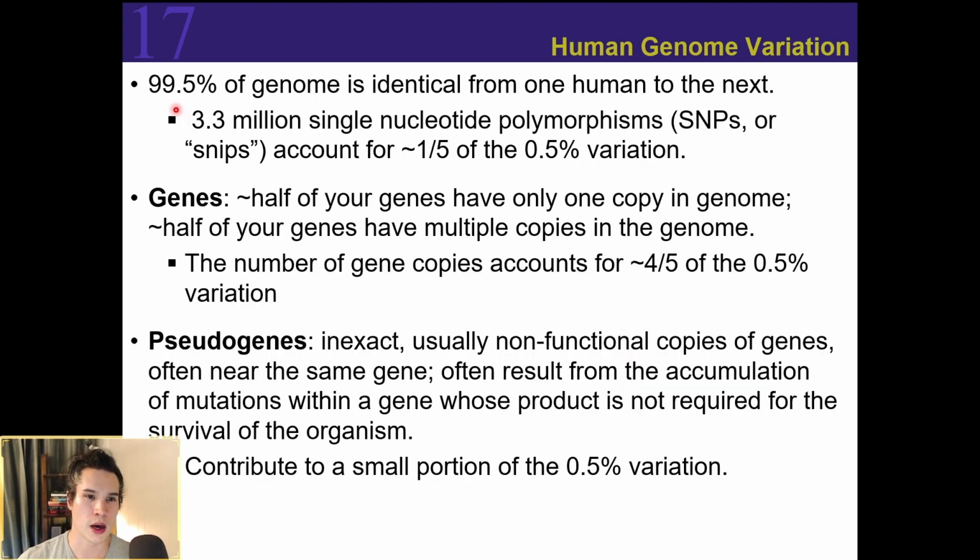So 99.5% of our genome is identical from one human to the next. We have 3.3 million single nucleotide polymorphisms, or you could say mutations that have carried on to just be considered variations in a gene. Single nucleotide polymorphisms, or SNPs, account for only 1/5 of that 0.5% variation. So a single nucleotide polymorphism is just going to be